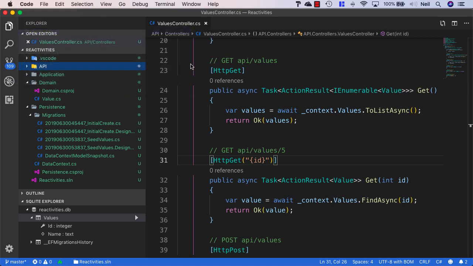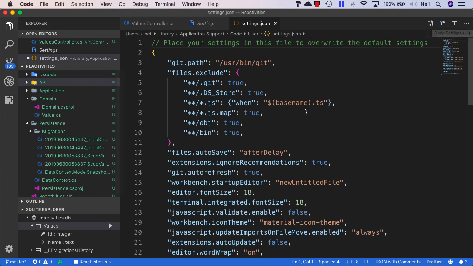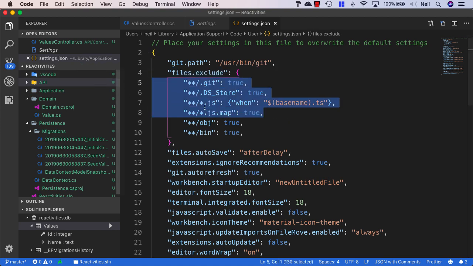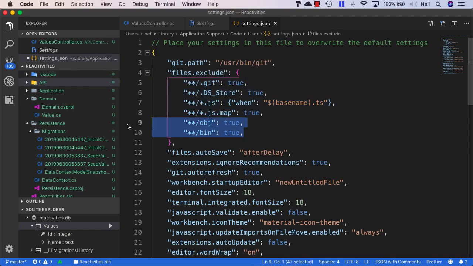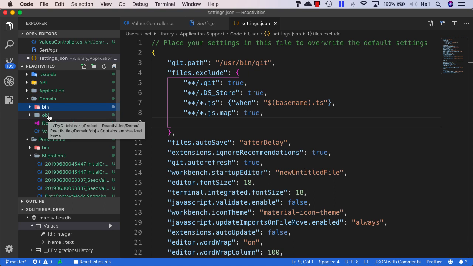And if I go to the settings inside VS Code and I go to the JSON view of these settings, then what you can see in here is that I've excluded certain files. And these are the default files that are excluded. But I've also excluded the object folder and the bin folder, and if I just remove these, then what we'll see is that each different project has a bin folder and an object folder. But these get recreated every time we build our application, so there's absolutely no need to save these into source